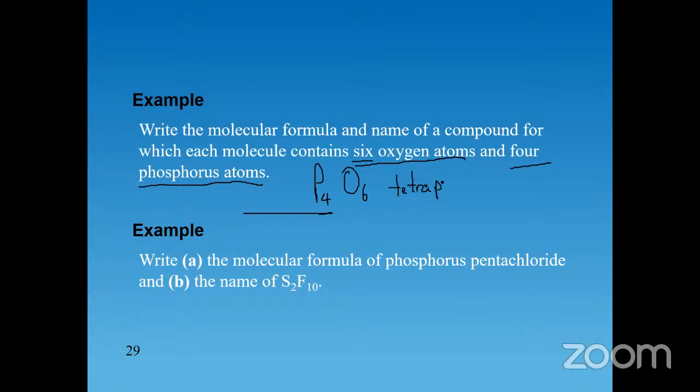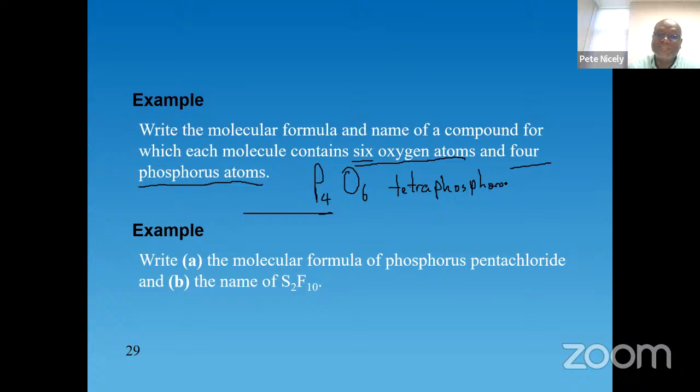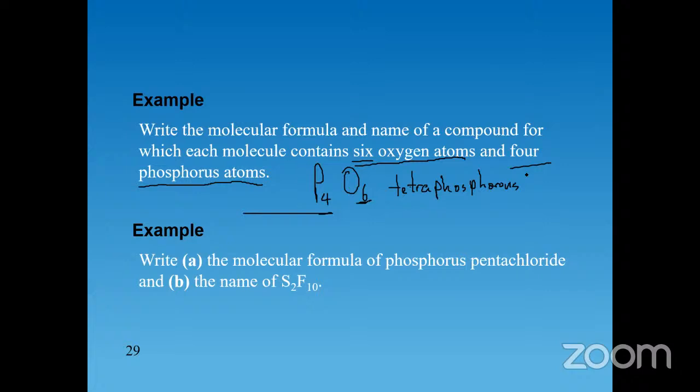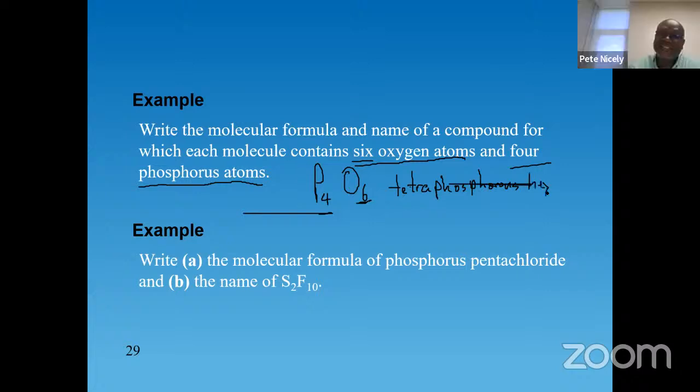Phosphorus? Phosphorus, okay. And then what? What's a prefix for 6? Hexa, okay, so the prefix would be hexa. So the name of the compound would be tetraphosphorus hexaoxide,